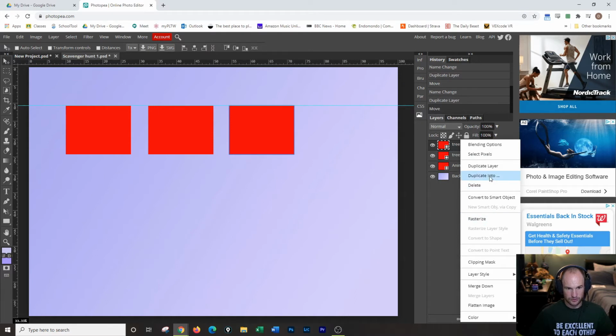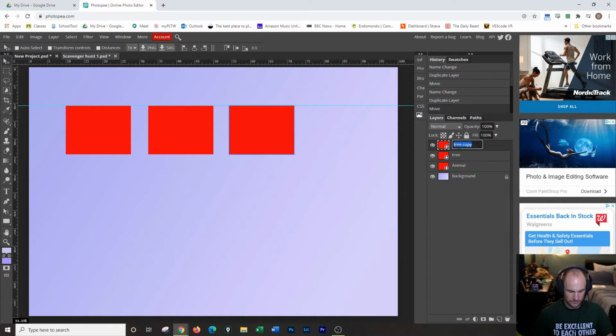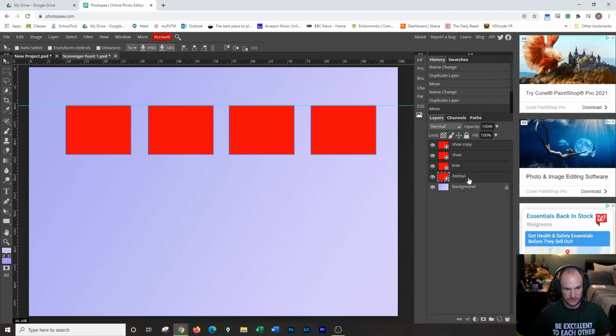So these are just whatever you want them to be. Double click, so this is shoe. And then I am going to duplicate it one more time and drag this over. Now what I want to do with all 4 of these once I've got them is, if I hold Control, I can select them all,